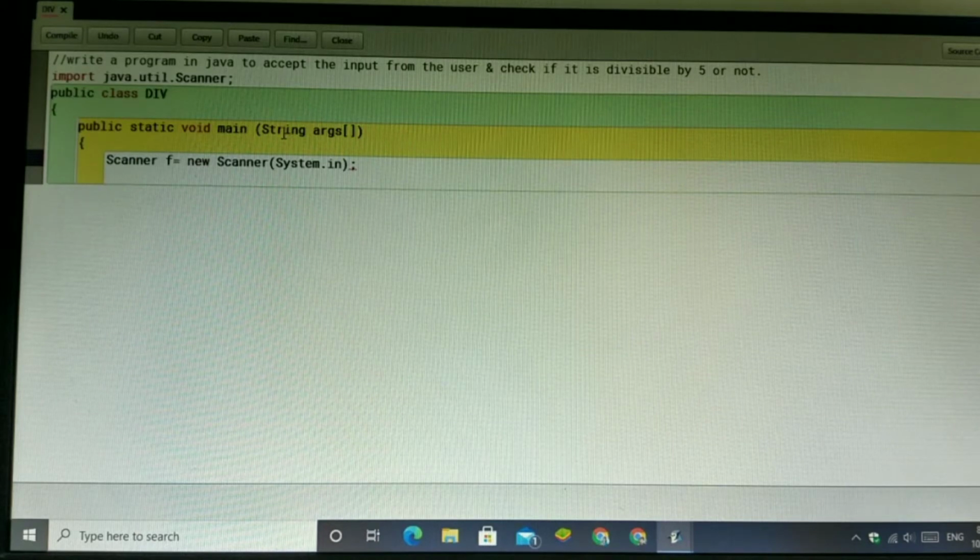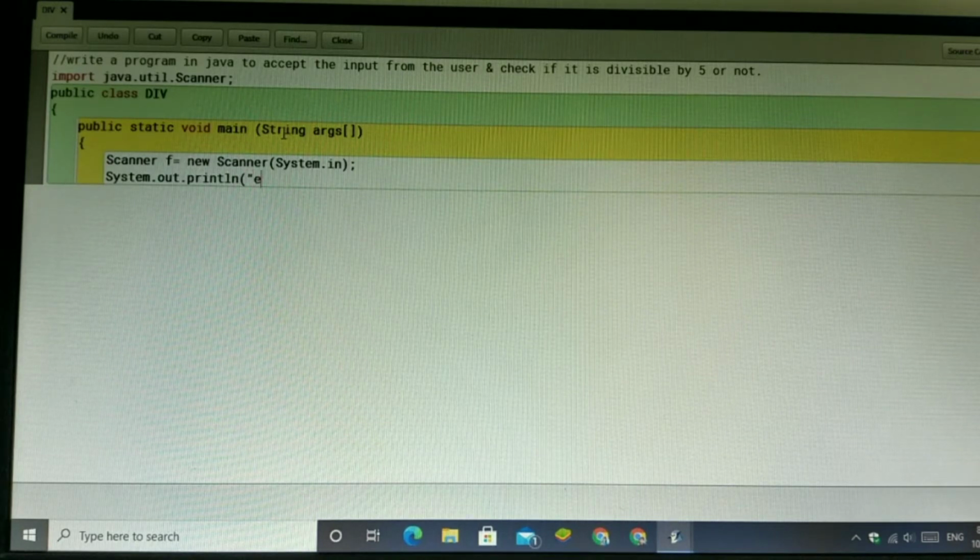For entering the number there is a need of a variable, and we can store it in an integer type variable. First you can give any statement here, like System.out.print to ask the user to enter the number.